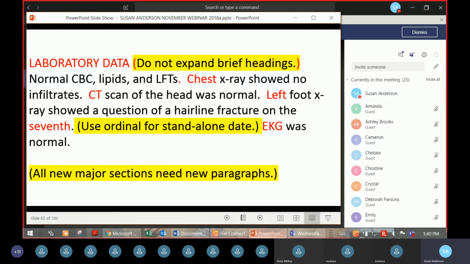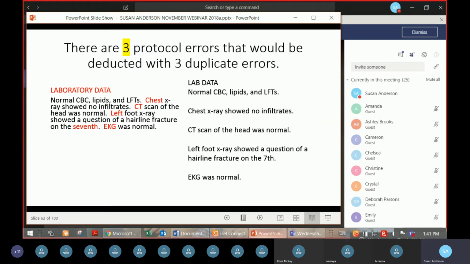You don't expand brief headings. You use an ordinal for standalone, and all new major sections need paragraphs. I'm going through this one quickly because I just want to show you there's only 3 with duplicate errors, but you make a new paragraph for all of the